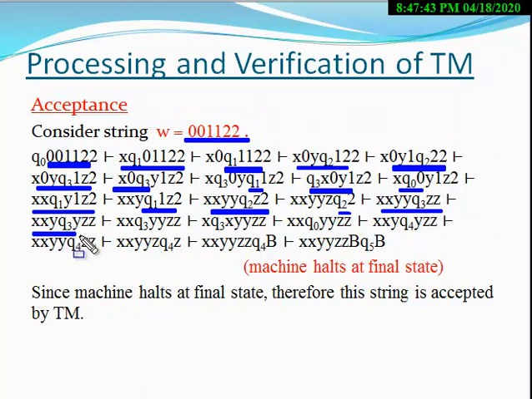The machine moves in the left direction. At the state Q3, Y appears, the machine again moves to the left direction. At Q3, Y appears, the machine moves to the left direction, right? So here at the Q3 state, the X tape symbol appears. As soon as the tape symbol X appears, the machine moves into the right direction and the state changes from Q3 to Q0 state. Now the next ID becomes this.